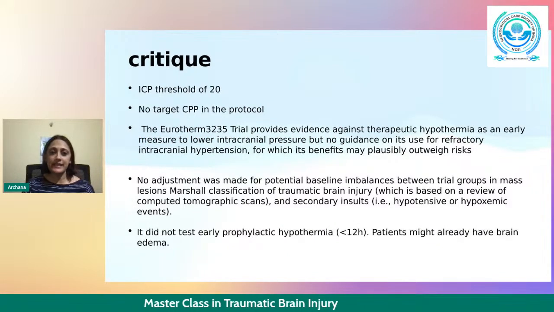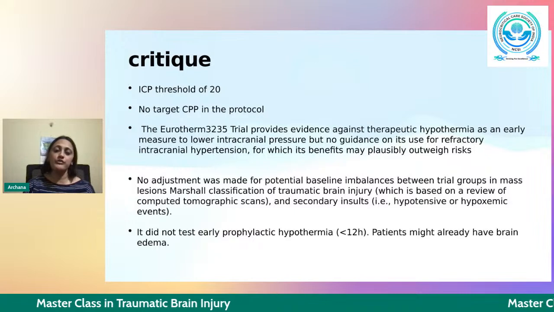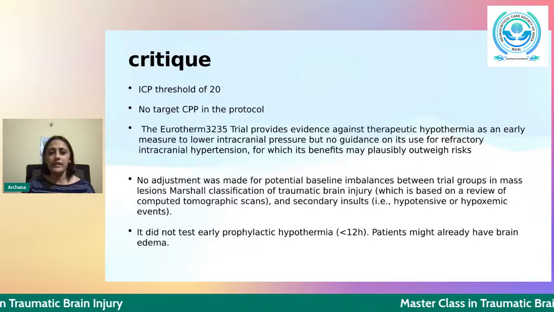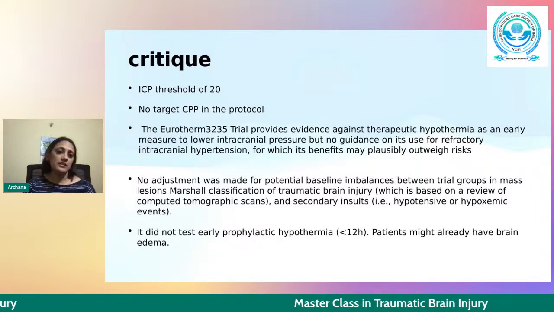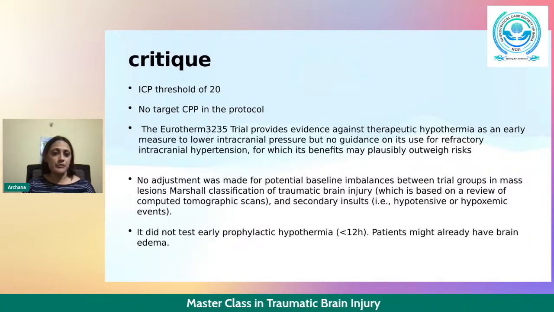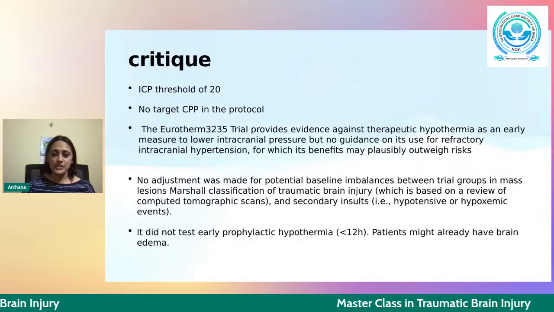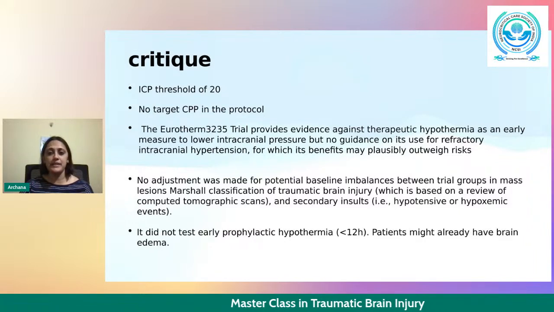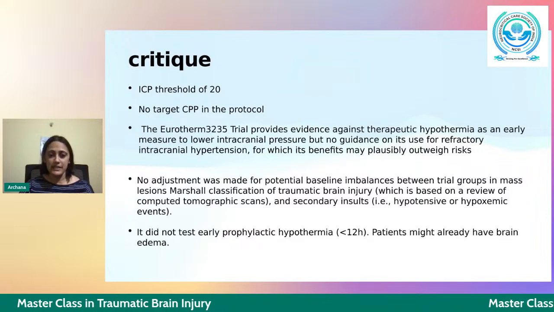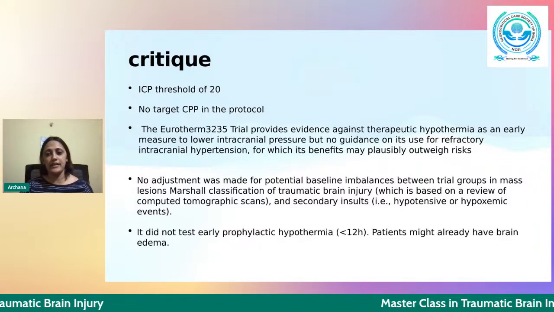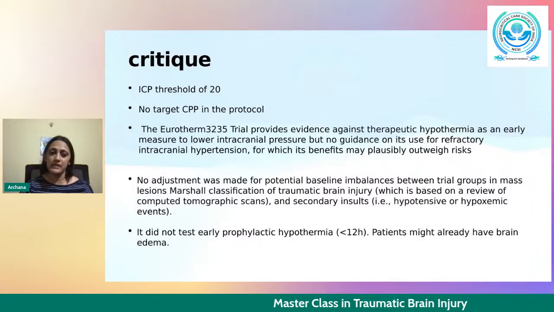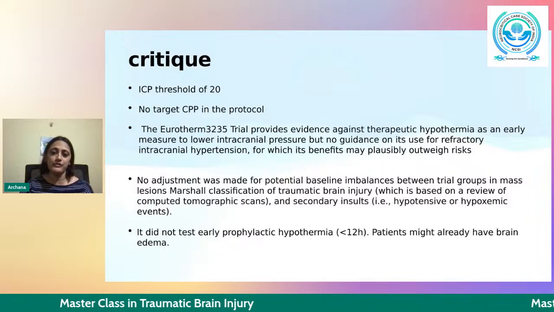Here, the study was critiqued for using an ICP threshold of 20 mmHg, which is not really very high. And here, the target cerebral perfusion pressure was not measured in the protocol. And no adjustment was made for the potential baseline imbalances between the trial groups in mass lesions and secondary insults like hypotension or hypoxemic events. These events were not measured in the 2 groups, which might have skewed the